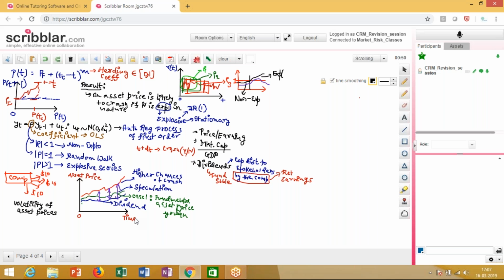Okay, but before I go into that asset pricing part, just one quick observation. I talked about the dividend part, so just one quick observation on the price earnings ratio. Now, generally, what happens is that if your asset prices are being driven by the stock market movement, and you see that your asset price is being moved very much by speculation, and there is a price earnings ratio,